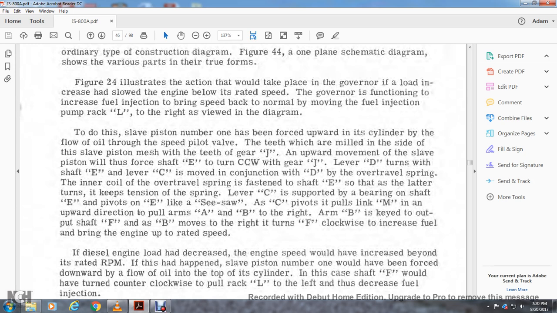Lever C is supported by the bearing of the shaft. Lever E pivots like a seesaw as C pivots, pulling the plunger of M in an upward direction to pull arms A and B to the right. Arm B is keyed with the output shaft F. F and B are moved to the right,